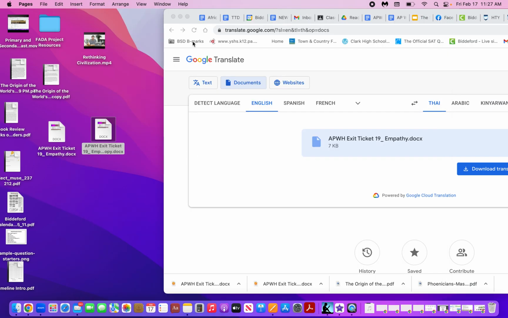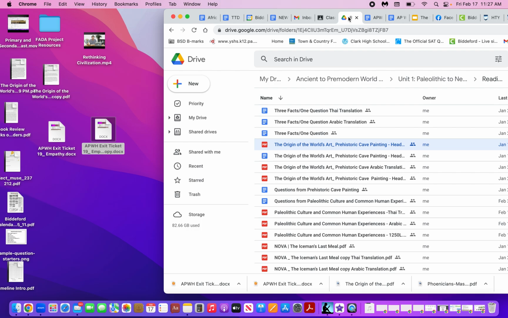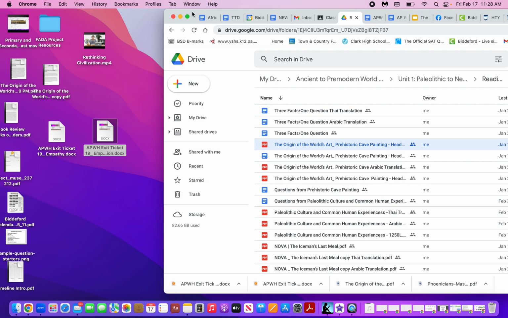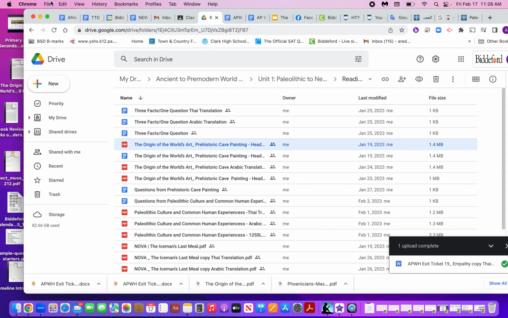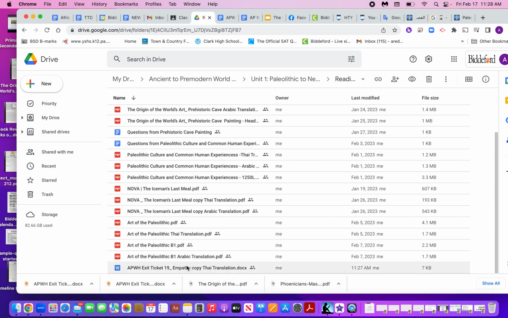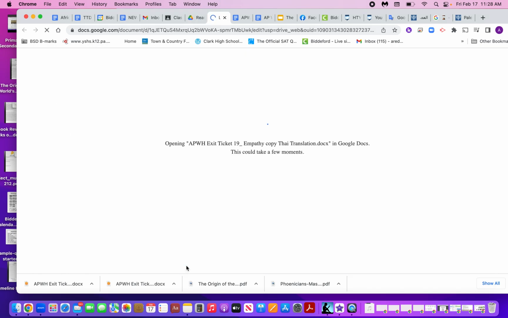But here's how you get it back into being a Google Doc. You're going to dump it into your drive somewhere. Oh, wait a second, I forgot a step. Always, again, this is just for my own convenience and peace of mind, I end up labeling it with the translation so it does not get confused with the other copy of the document that you have. If I were to put it in here, it's in as a Word document. I simply have to find it. There it is. And if you open it up,